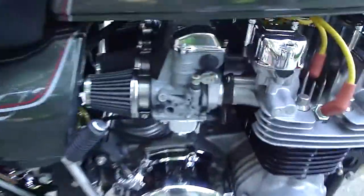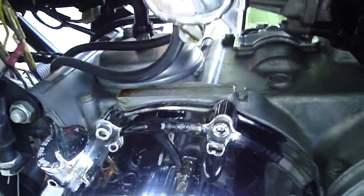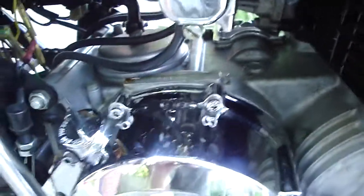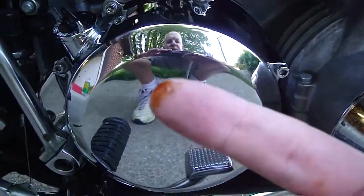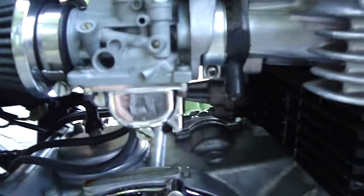Something occurred to me. If you own one of these old carbureted bikes, you've probably looked down here on the back of the block underneath the carbs, and you've found puddles of gooey gasoline where it's dripped out of the bowls and generally made a mess and drips. There's a little bit of fuel residue right there on top of the VIN number. See, and that drips out of the carburetors, out of the bowls,